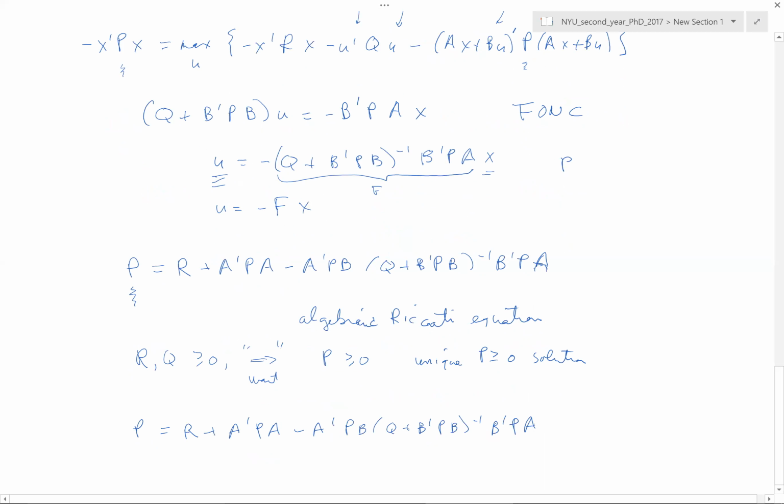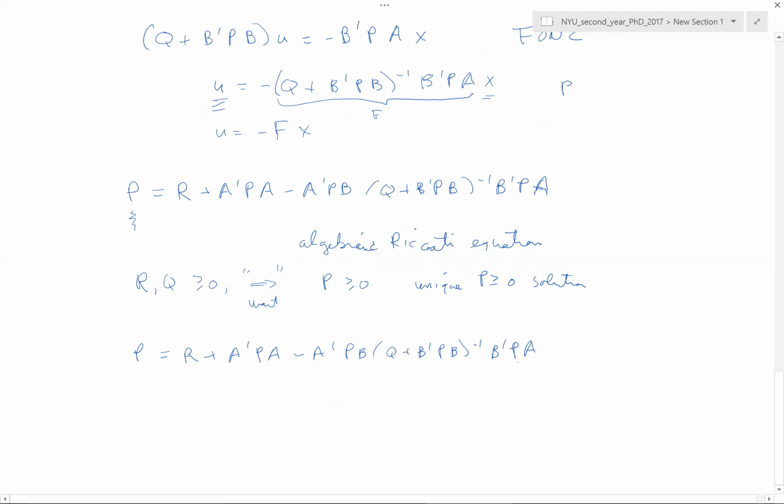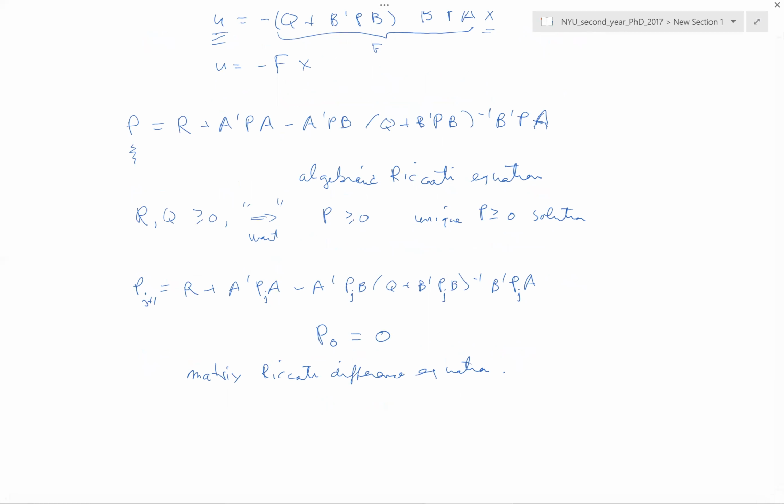Okay, so now I'm going to put a j on the right-hand side, meaning the jth iterate, and I'm going to put j plus 1 on the left-hand side, and I'm going to start off from P0 equals 0. So this equation up here is called the matrix Riccati difference equation. And under some sufficient conditions, I'm going to say beautiful sufficient conditions,